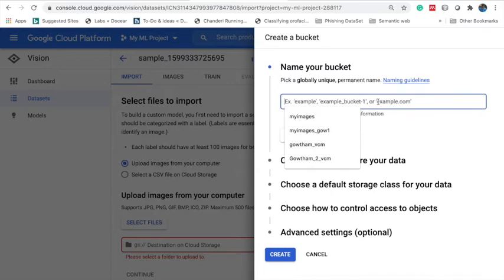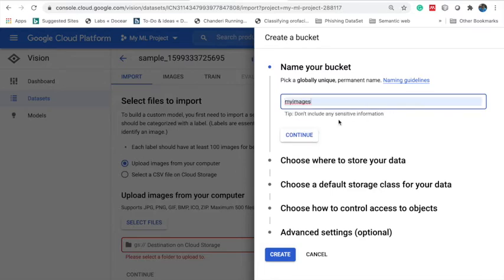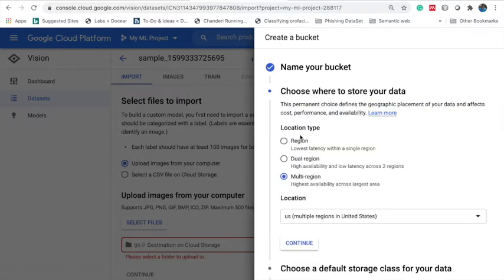So I'm going to specify my bucket name as my images underscore 3 underscore VCM, and I click continue, and select the location type as region, and I click continue. Also you will have to specify the location of the region.